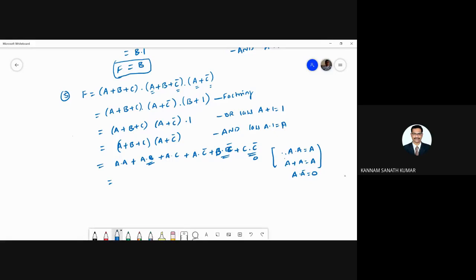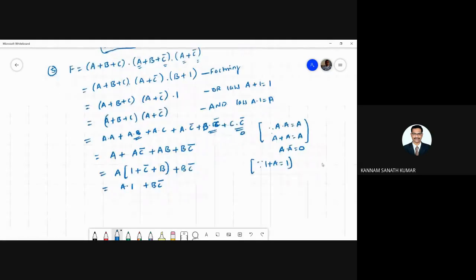Okay, so what I'm getting is A plus AC bar plus AB plus BC bar. Okay, this is anyway 0. So from this I can take A common: 1 plus C bar plus B plus BC bar. So this is nothing but A into 1 plus BC bar. Since OR law, 1 plus A equal to what? The 1 itself.